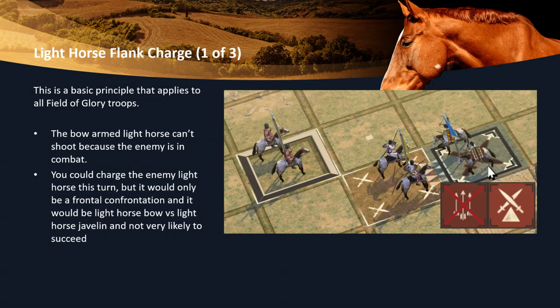And that basically is, if you've got the opportunity to charge this turn or charge into the flank the following turn, wait and charge into the flank. So here we've got a light horse unit that can't shoot because the enemy is in combat. I could charge into that enemy unit with it, but it would only be a front-on confrontation, and I would have bows against javelins for the first round, which would put me at a disadvantage,